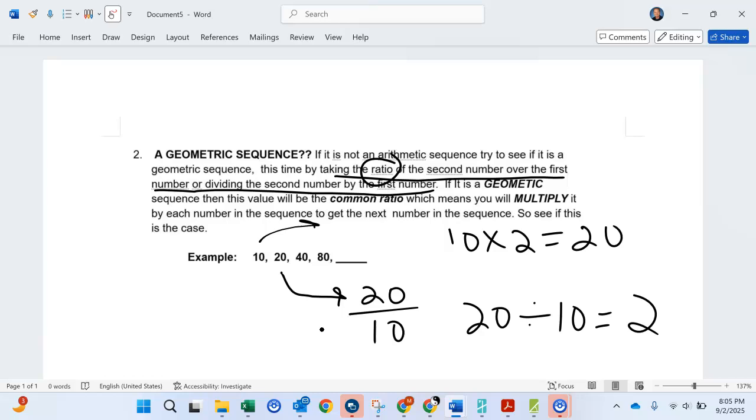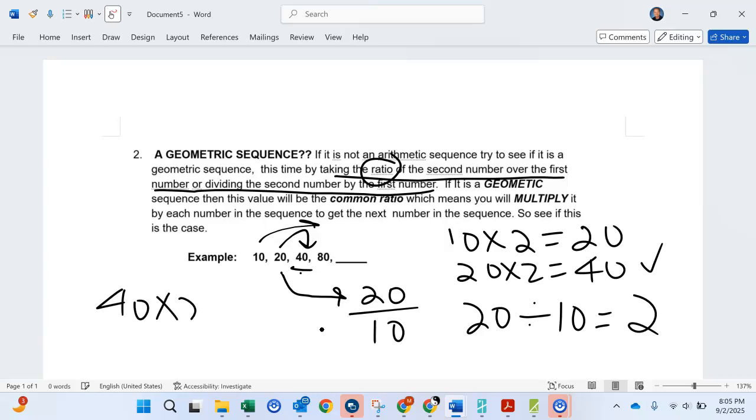Okay, does that continue like that? Well, let's see. Let's try 20 and 40. Is 20 times 2 equal to 40? Yes. And then try it one more time. The 40 to the 80. So is 40 times 2 equal 80? Yes. So that means the next one, to get to this one right here, we're going to go 80